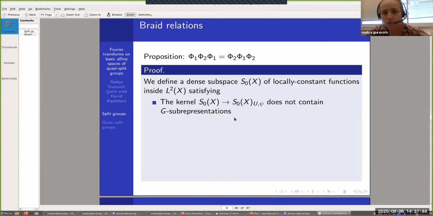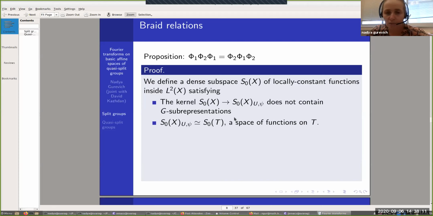Here, U, I remind you, is the unipotent radical, and psi is this time a non-degenerate character of this radical. So there is a projection from S0 of X to its equivariant. We construct the space such that the kernel doesn't contain G subrepresentations. And in fact, this space